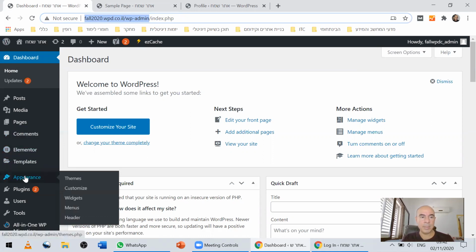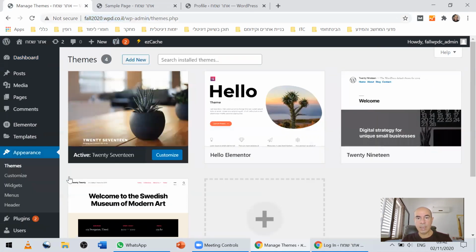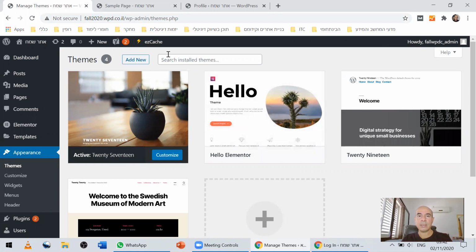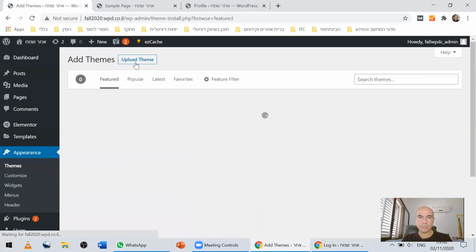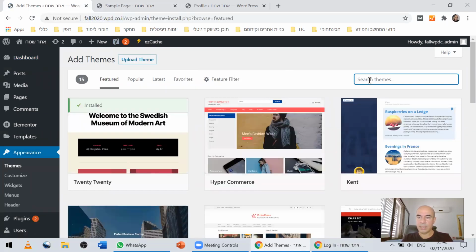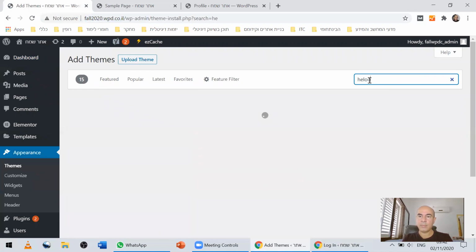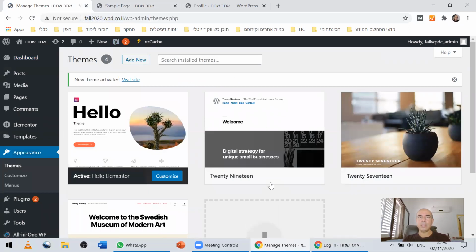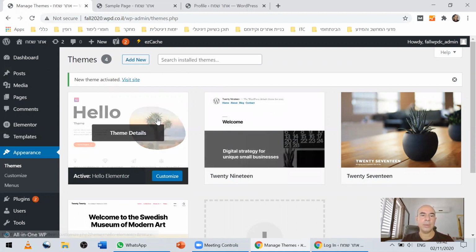We click on appearance, and then we click on themes, and we look for a template called hello. Here you see it here, but I guess on your interface it doesn't exist. So all you have to click is add new. You use the search here to type in hello, sorry, with double L. And here it is. We click on activate. You might have to click on download and activate or something like that. And here you've got it. Now you have a new